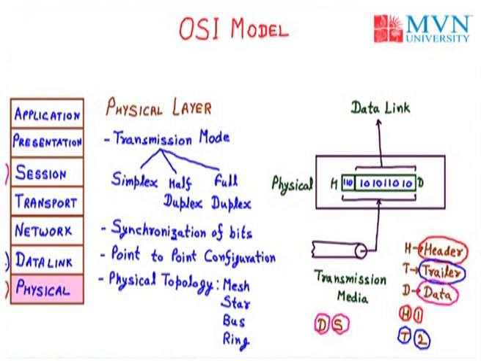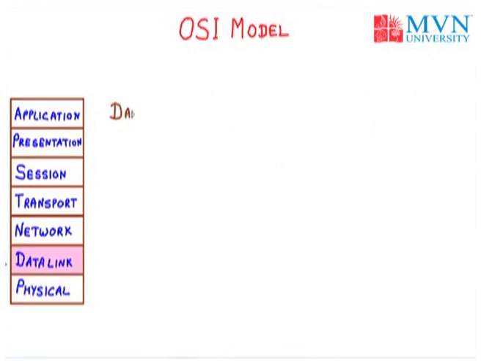So let's talk about the next layer, that is the data link layer. Next we have the second layer called the data link layer. Now we have the various functions of this data link layer. First one, the second layer is responsible for framing. The data link layer dividing various data streams into small frames is called framing. In the framing concept, we add the header as well as the trailer to particular data. This is called framing.